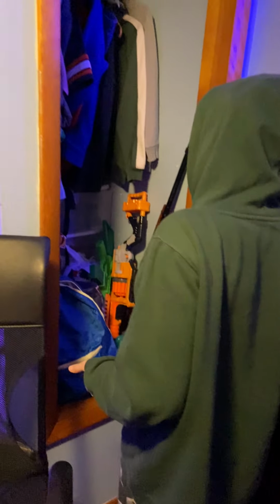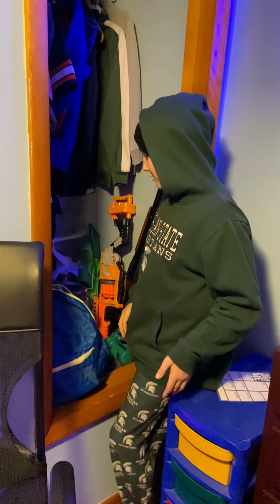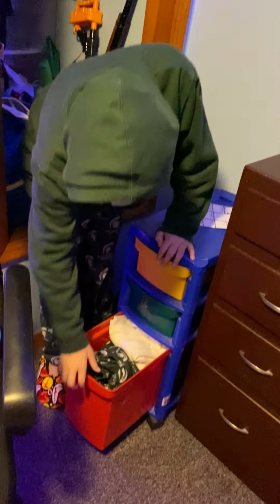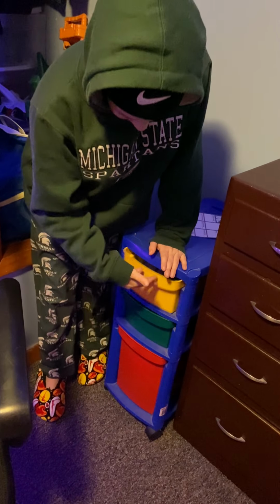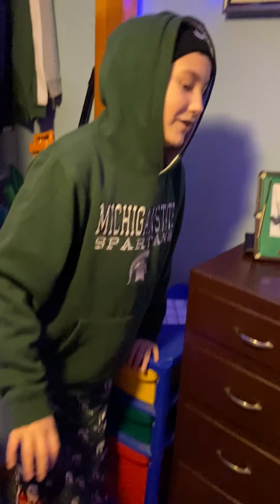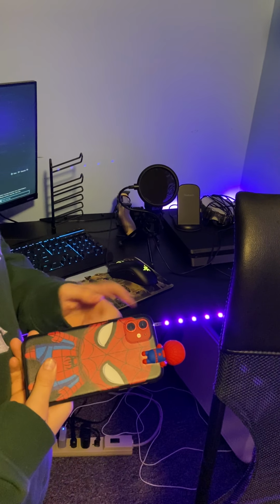My not nice closet, but better. All my clothes, more birthday stuff everywhere. But now, I have pajamas on, pencils, and stuff I don't like to wear. And also, I didn't show you guys this over here. This, my phone, cool phone, iPhone 11, red iPhone 11, Spider-Man